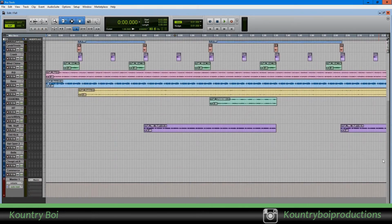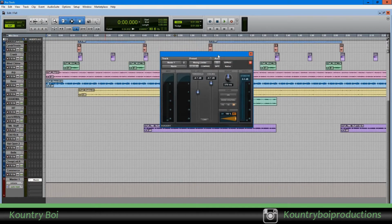One of the other things I do, come down here, make a master track. I got Maxim. I use Maxim for more loudness, you know what I'm saying? You got your ceiling and threshold right here. This little section is the peak limiter that is showing you, and here's some of the adjustments and stuff you can make to that. I typically use factory settings because I only need a little bit more,